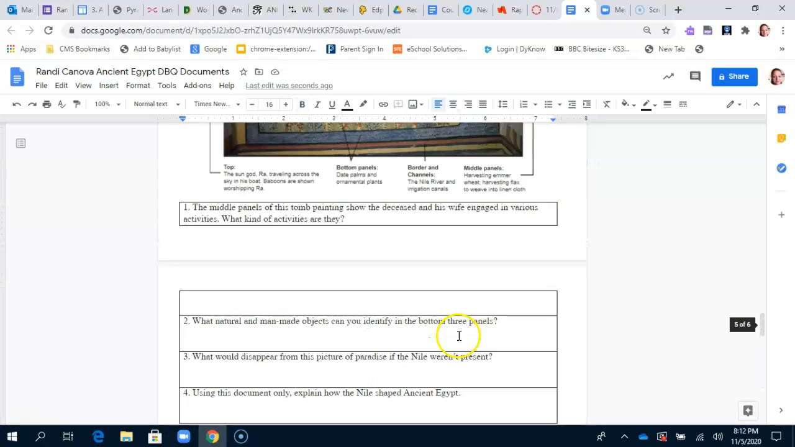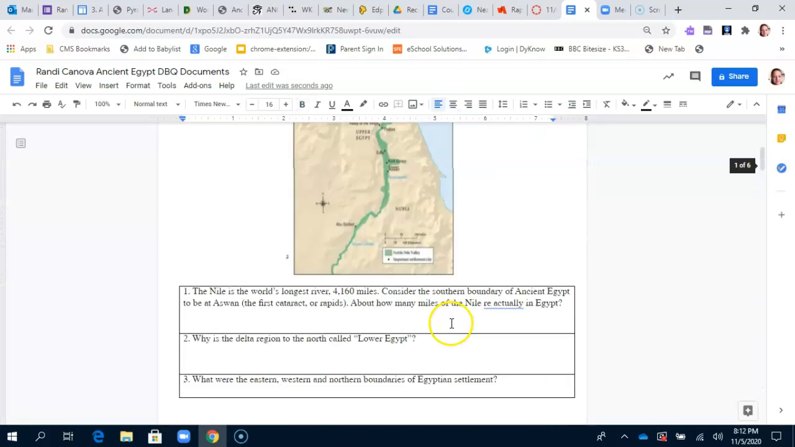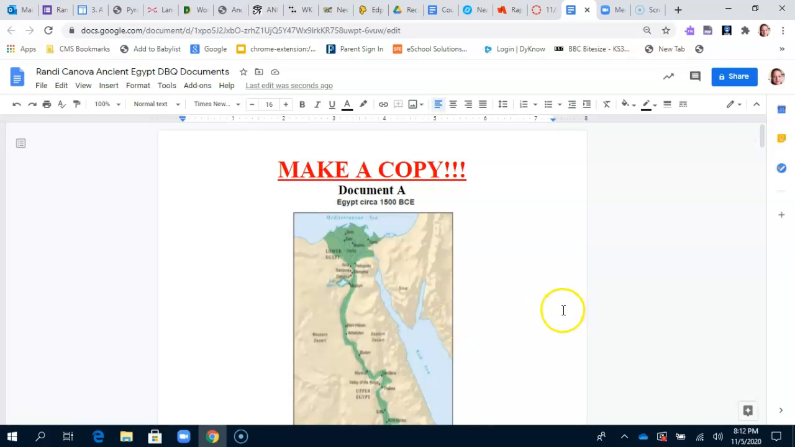Okay, so remember, you're not completing all 5. You may pick 2 or 3. Whatever you think is going to help you best understand the influence that the Nile River had on the development of ancient Egypt. This is not a graded assignment, so make sure that you finish working on it and do not turn it in,